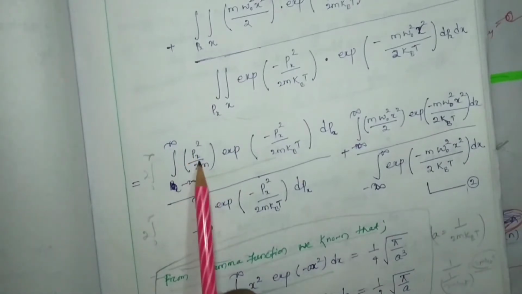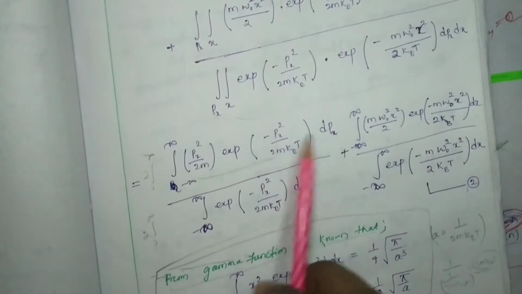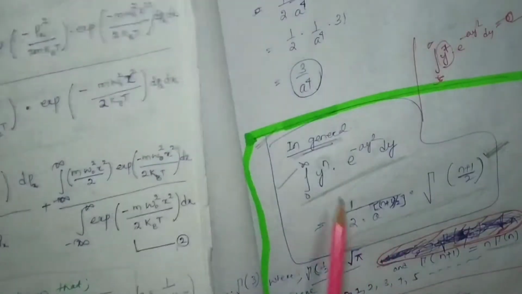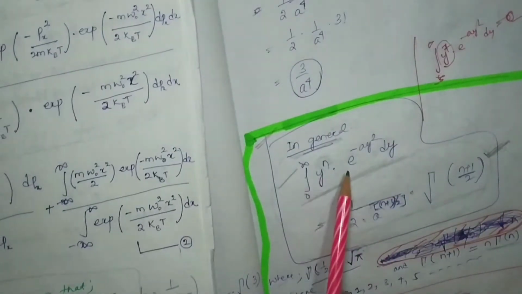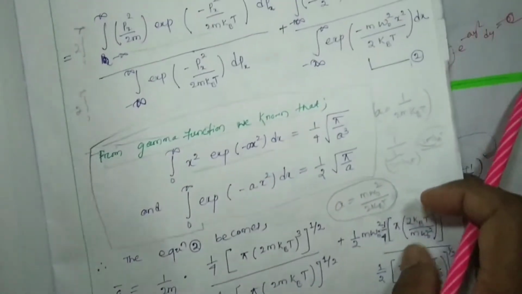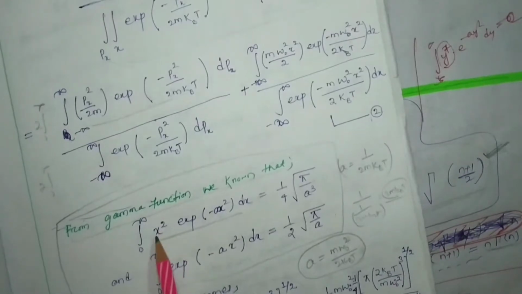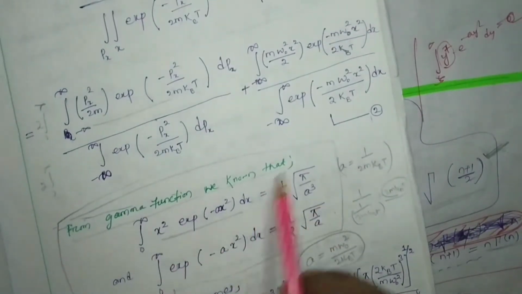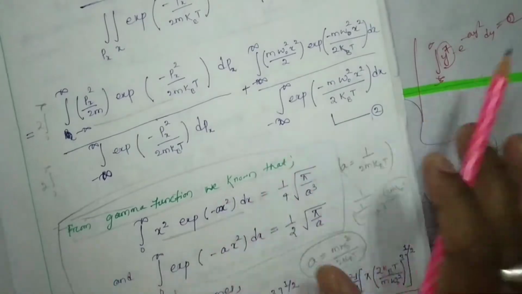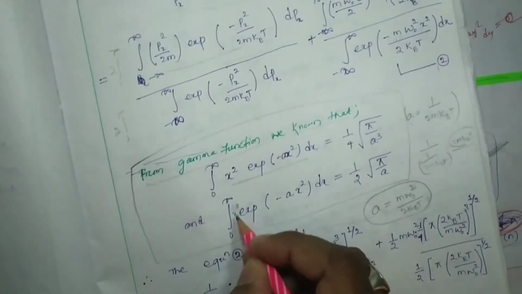See, something like x squared and exponent of minus a x squared, which is equivalent to this type, y to the power n into e to the minus a y square, right? Here I gave two specific values, but here I am going to give you the general value. Whatever may be the power of x, you can easily find it and put that value. Okay, see here, x to the power 0 is there.